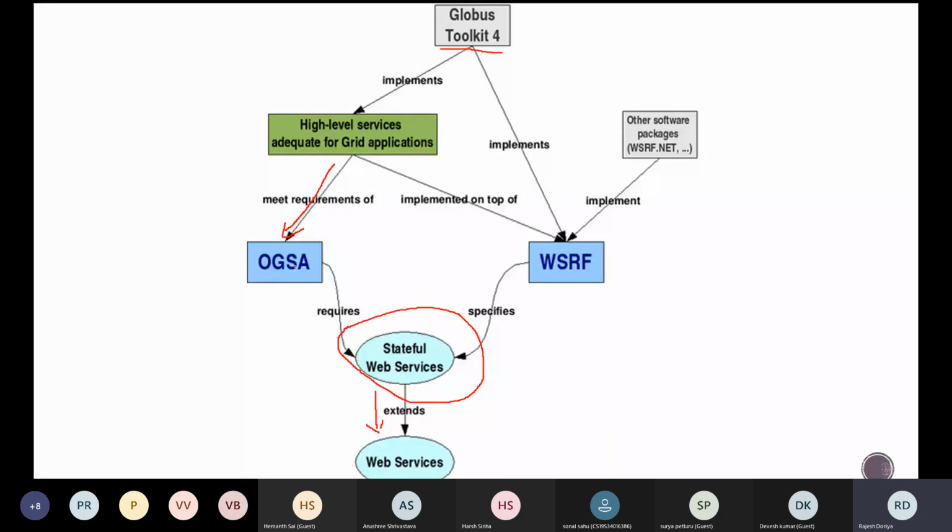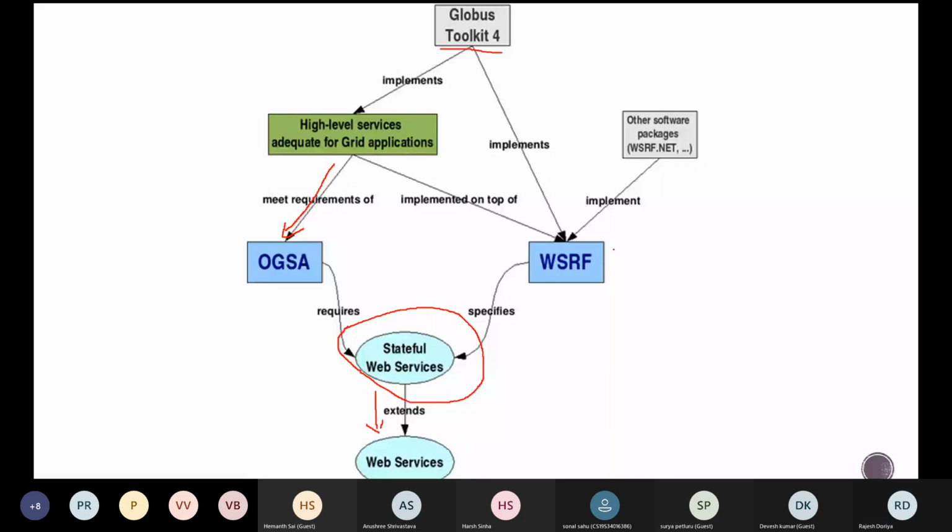They must provide job management, data management, and take care of how the virtual organizations are handled. All those things have to be there in all the grid applications, and the Globus toolkit is a toolkit which implements all those grid applications.